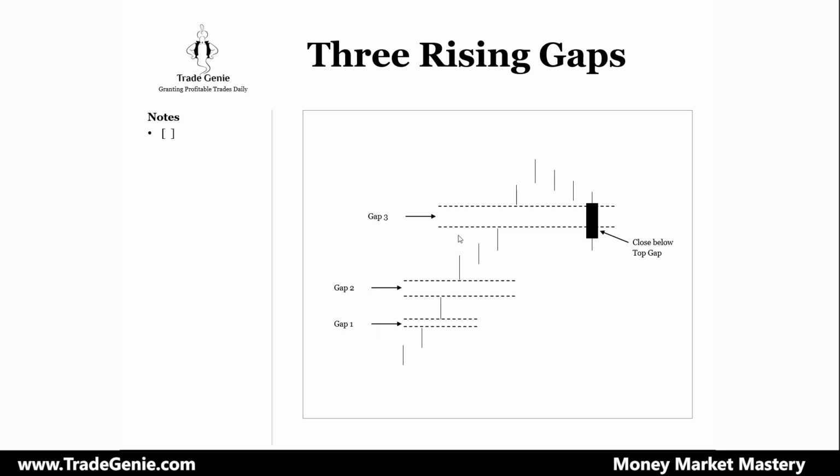Now another one is something called three rising gaps and three falling gaps. Usually they say if the market gaps up 3 times, the third time could be the last gap, or if the market gaps down 3 times, the third gap could be the last gap. So in this chart, I'm showing you there's a gap one that occurred here. So the gap from here to here. When you see the gap, you see it on a day chart.